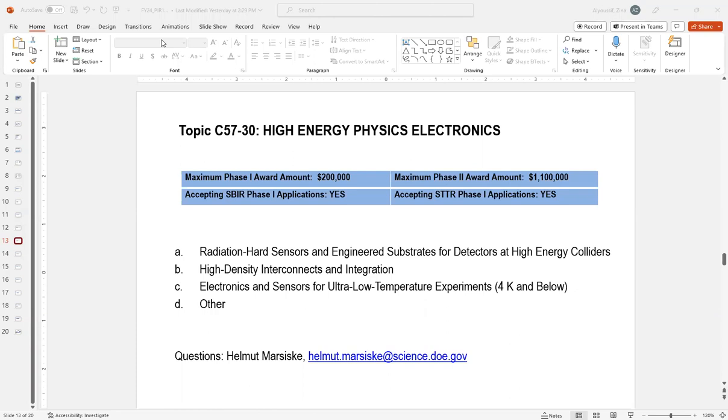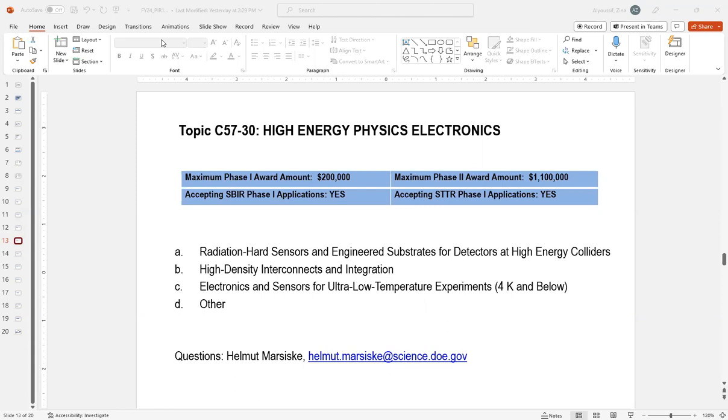For any of these solutions, we have to retain our requirements in terms of maintaining extremely good timing resolution, extremely good position resolution, and radiation hardness. And last but not least, we're interested in integration of heterogeneous materials. That is, for example, non-silicon materials, nanomaterials, what have you, on top of CMOS.